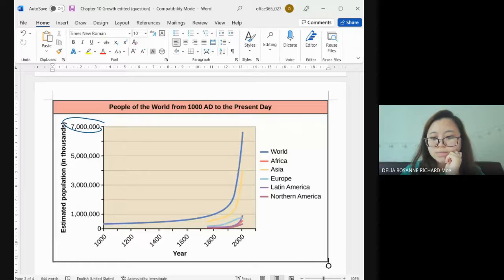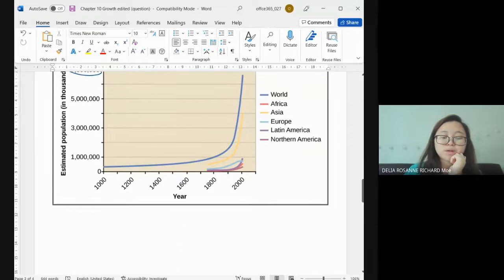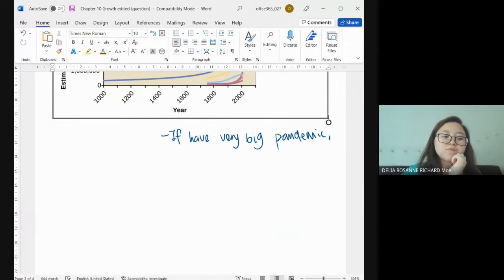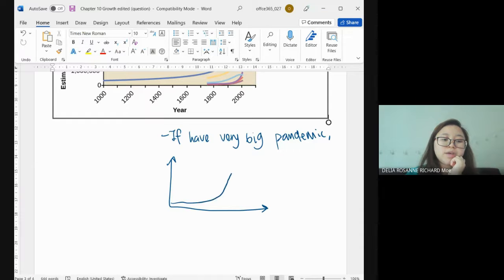Okay? Miss, kalau pandemic sebab, boleh kasih kait sama exponential growth ka, Miss? Yes, you can relate pandemic to exponential growth. So if you have a very big pandemic, then it is possible that your growth curve daripada dia begini, pergi begini, dia landai sedikit. But if your pandemic is not big enough,